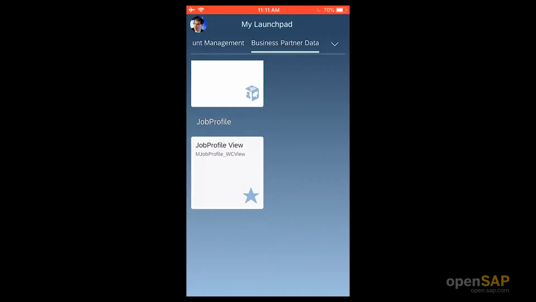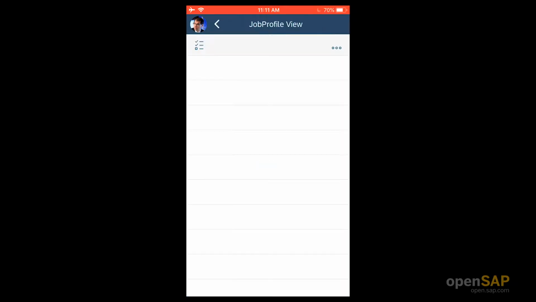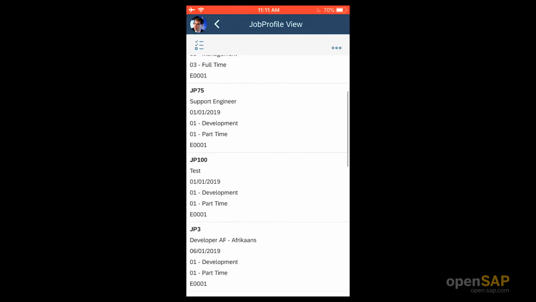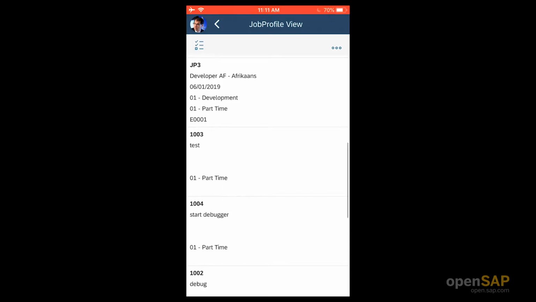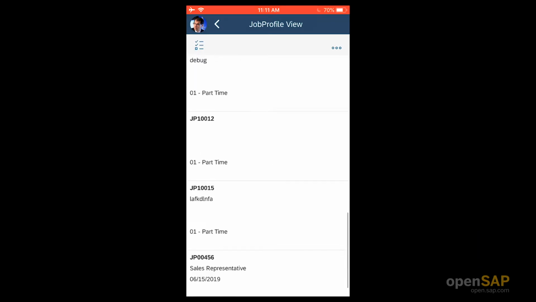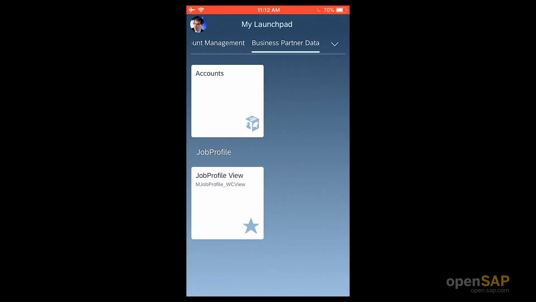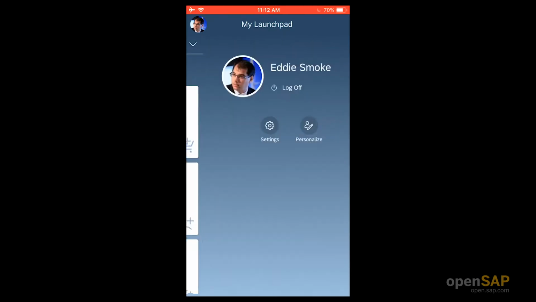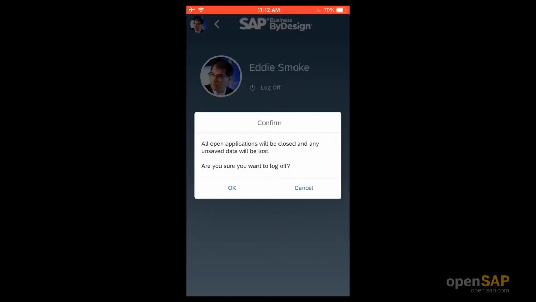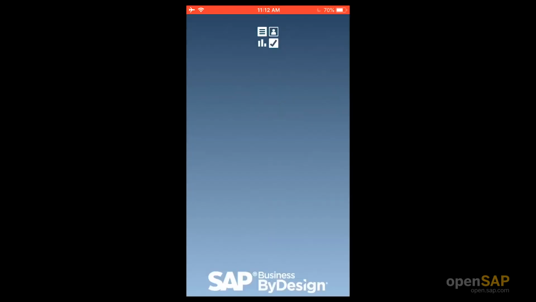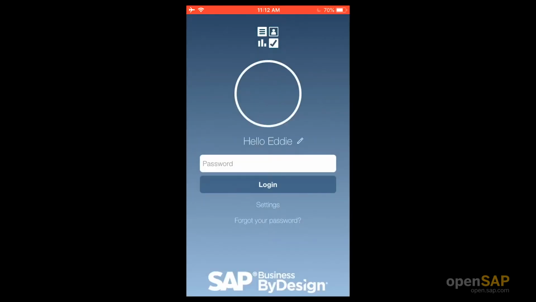Yeah, so here you could see all the tiles, which is already all the capabilities that are offered in ByDesign mobile. So, at the end you would also see a new tile which is added, which is coming from your job profile view for the new work centers, for the new floor plans that you have created for the mobile. I can just open the tile, and here you could see all the list of the records that you have already created as part of a job profile displayed for you even on your mobile. So, this is all I wanted to show from the mobile point. I can just log off from here.